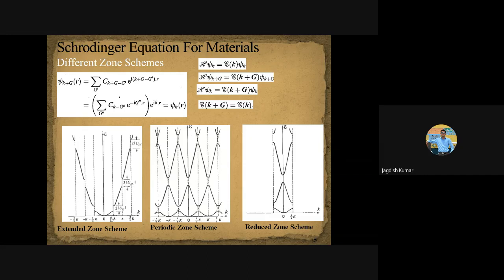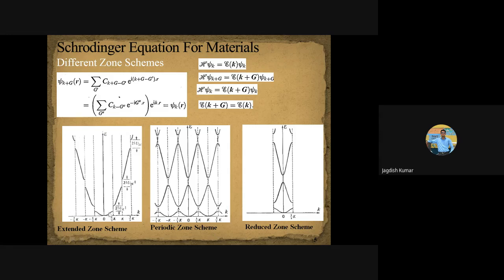Got disconnected. Fine. So what will be the energy of the electron if I say here, this is 0, 0 plus 2 pi by A, this point actually, right? This is 2 pi by A right here. So the energy of the electron here as well is going to be 0. I mean, this one, same. So this is what makes the periodic zone scheme. Whatever is the energy of the electron here is going to be the same energy of the electron here. So let me take G equal to minus 2 pi by A. The electron energy is 0 here as well. Correct? So this is what makes the periodic zone scheme.